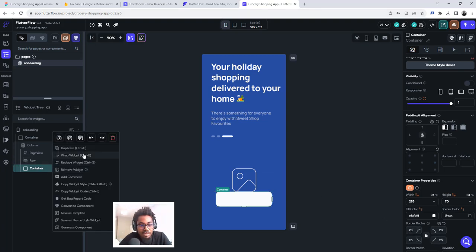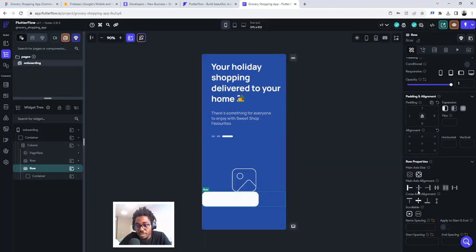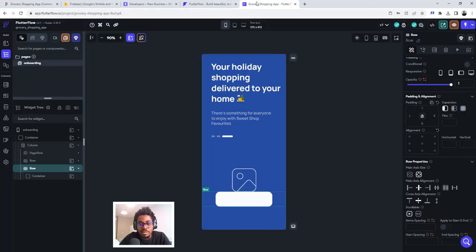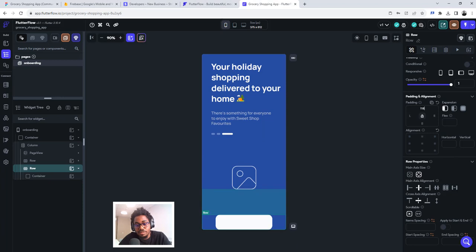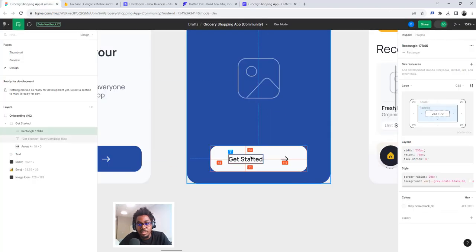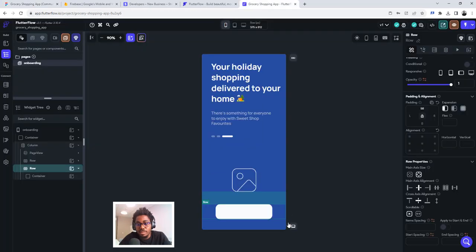I'm going to go ahead and wrap these in a row, all right, and then center align it. Great. And then I'll go ahead and maybe push this downwards a bit. I'll say 118. That's a lot, I think. So let's say 118. Okay, so we have used some inconsistent padding or dimensions in the past, and that's why this is not really giving us the accurate thing. So I will just go ahead and alter this. Instead of this, I can just say 58. Yeah, it says 58, and then I will go ahead and copy this, get started,